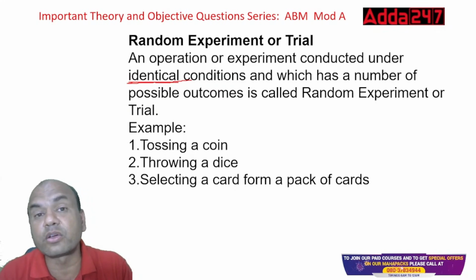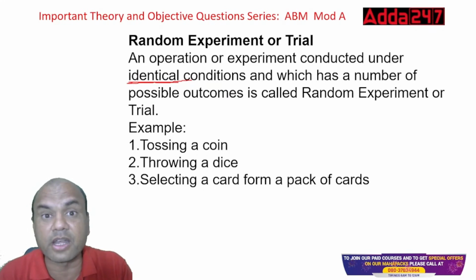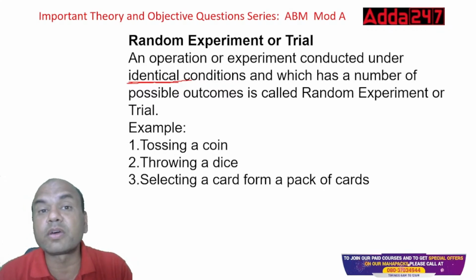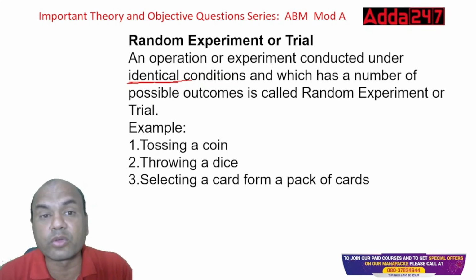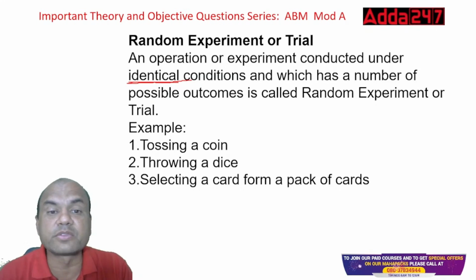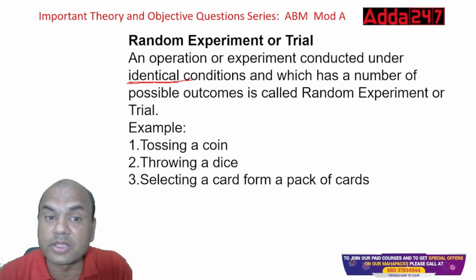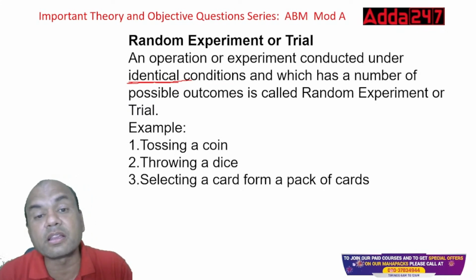What do you mean by this? During the COVID time, India was the first country to design such a huge mass scale of COVID vaccine. How did we do it? Identical conditions. Whatever the symptoms of COVID, whatever the qualities of that microbe, similar conditions were created in the lab, and then the vaccine was tested. That is known as identical. Chandrayaan, how did it succeed? Identical conditions were first created in the lab.